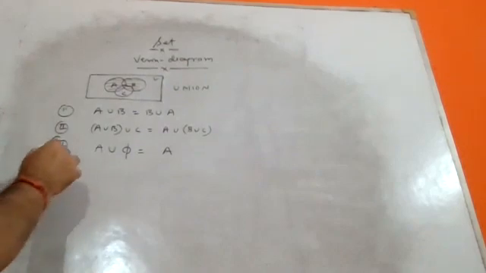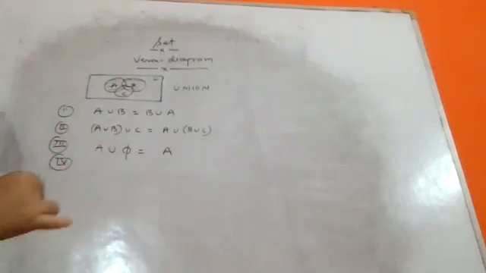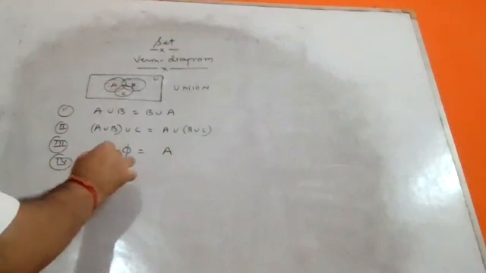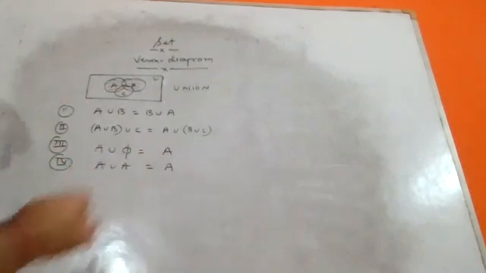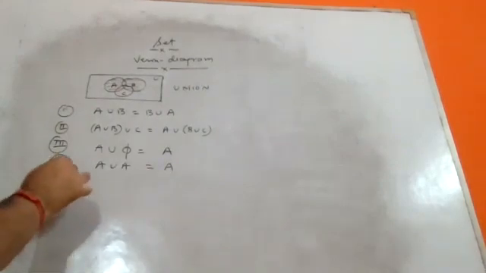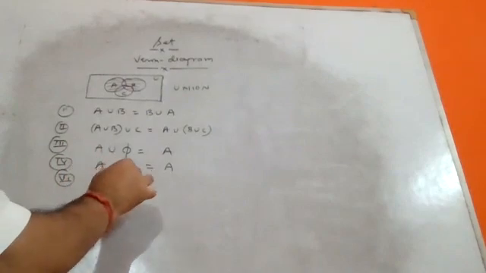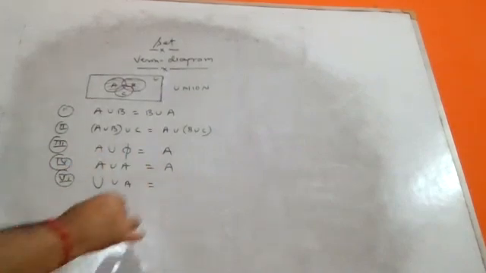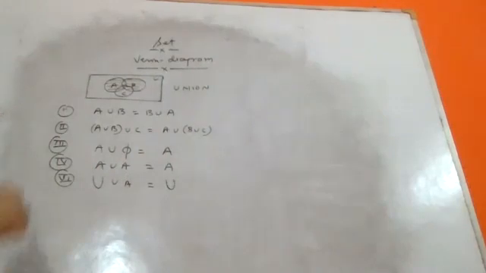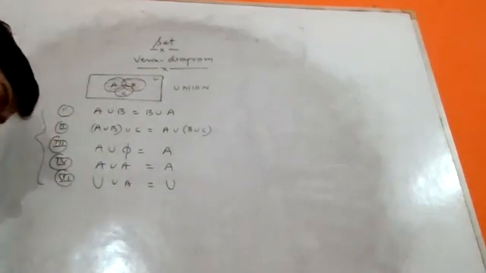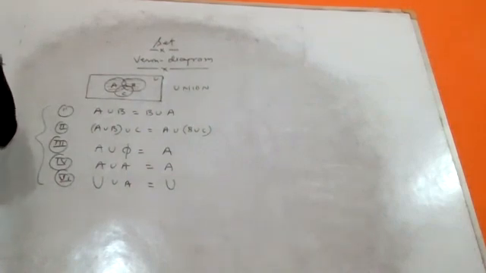Clear? Now next, this is the fourth property. Suppose A union A. A union A is always A. No issue. Your next property, universal. Suppose you have universal union A. Universal union A, that is U. That is the law of universal set. These all properties we have to use when we are going to some tougher questions based on this one. This is the properties of union which we apply in next cases.